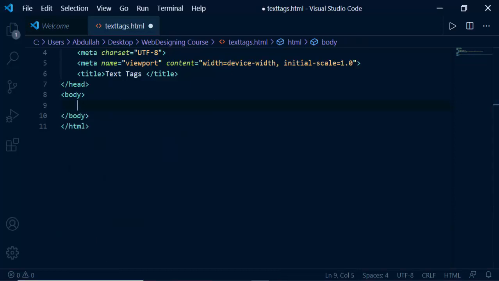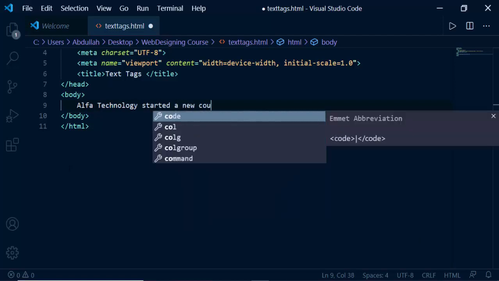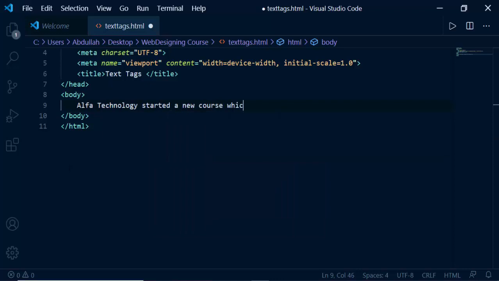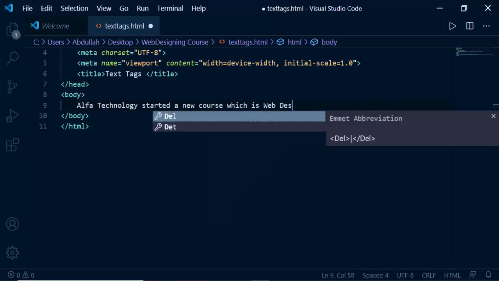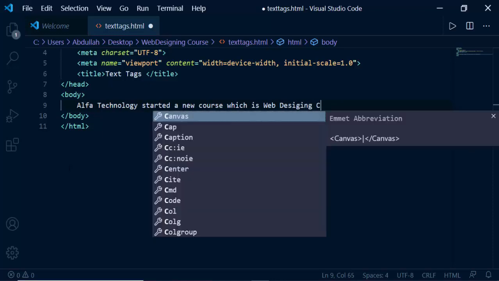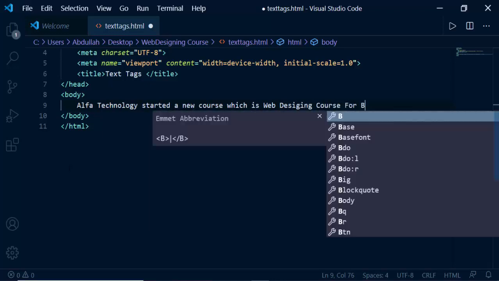Now let's talk about the other tags which are used to style the text. Now we have a tag called bold. We can bold any text. Let's say I will write: Alpha Technology started a new course, which is web designing course for beginners.